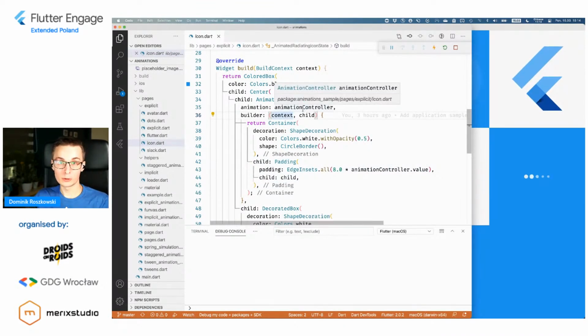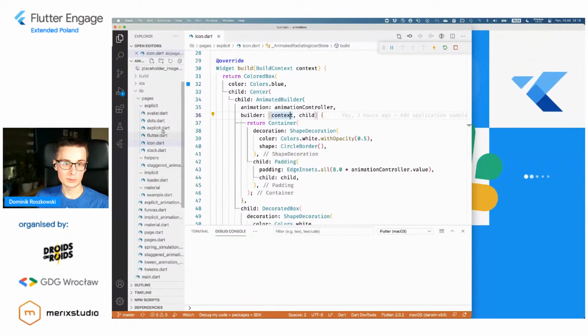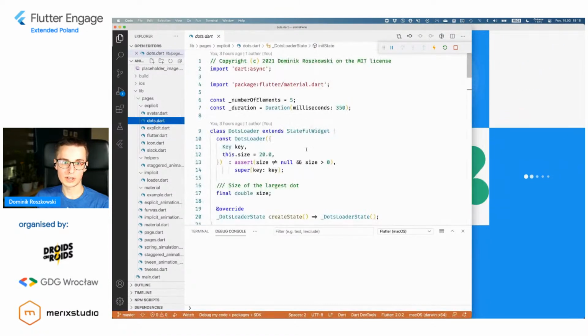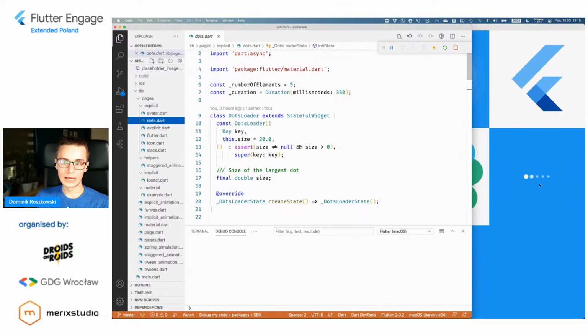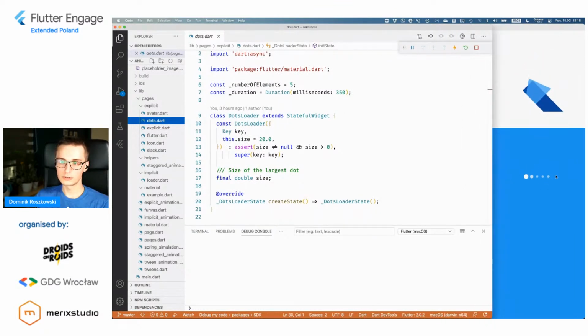Another interesting approach to explicit animations is actually to not use the animation controller, but something different, which is a timer. So let me show you this in this example. So this dot indicator that you can see here on the right side.